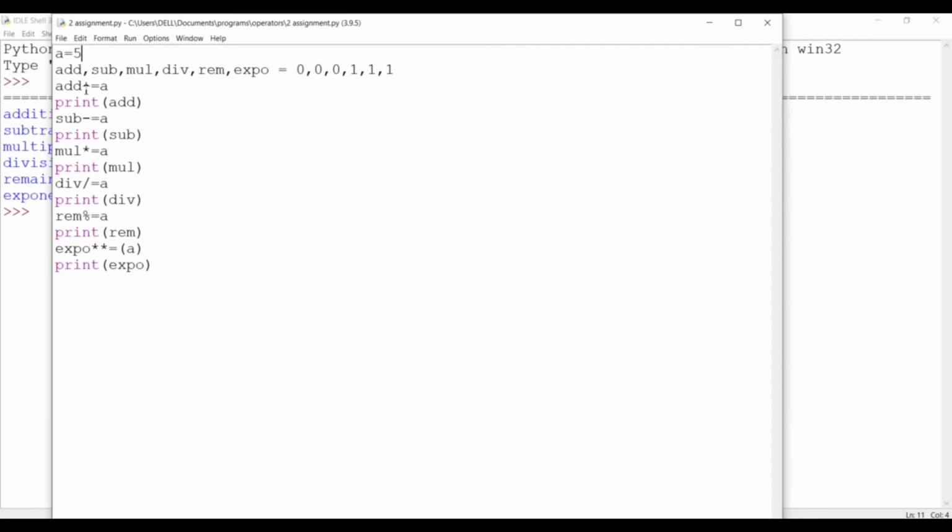For adding and assigning, I have assigned the string value as add, and then the operator plus and equals to add and assign to a. Like this, I have mentioned the values of what we have discussed in the assignment operators table.